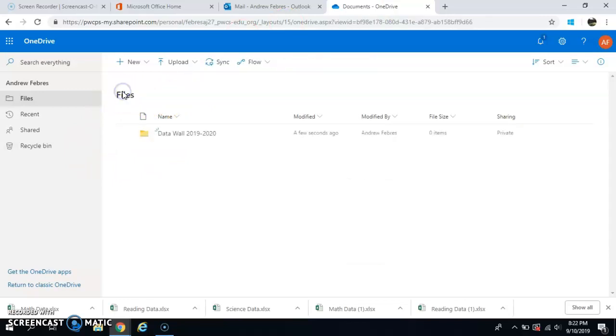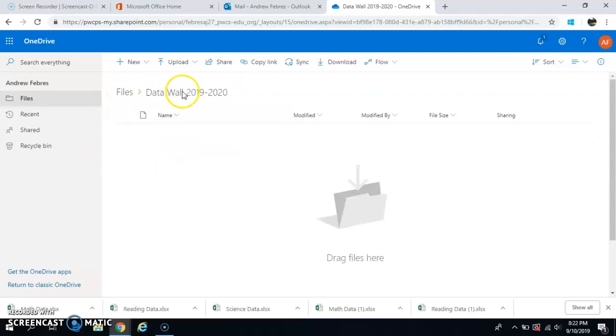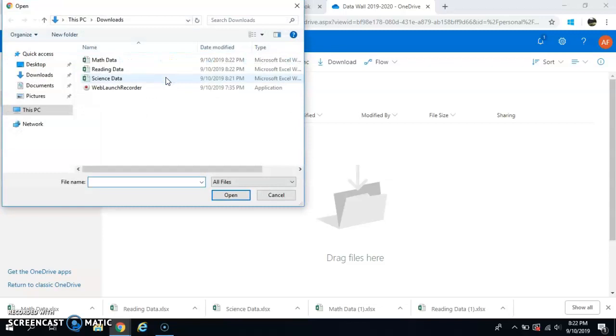If I need to check that, there's my files, and I'm in the data wall folder because it says data wall. I need my files to go in here. I'm going to upload them. So I'm going to go to Upload Files, and I'm going to click the Control button. Click Control, and then click Math Data, Control, Reading Data, Control, Science Data. You can also do Control A, and that will highlight those 3 files. That's Control All. Either way works. And then I'm going to hit Open,